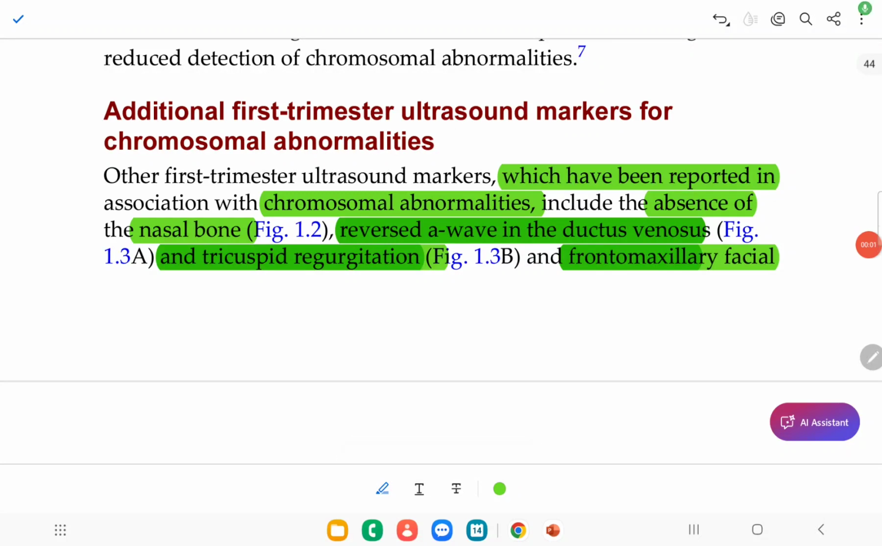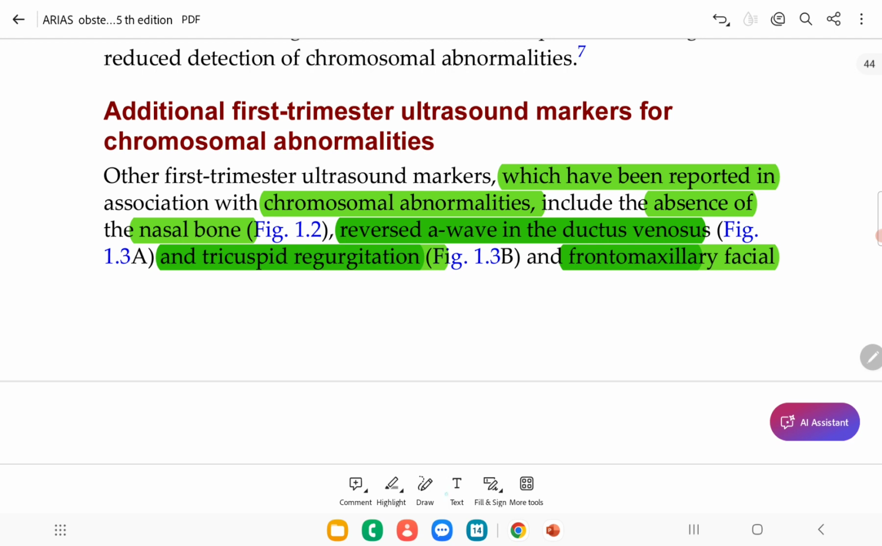Everyone, today we'll discuss the additional first trimester ultrasound markers for chromosomal abnormality in trisomy 21. Basically, the first trimester ultrasound markers which have been reported in association with chromosomal abnormality include, first, the absence of nasal bone. Second is reverse A wave in the ductus venosus, and third is tricuspid regurgitation, and fourth is the